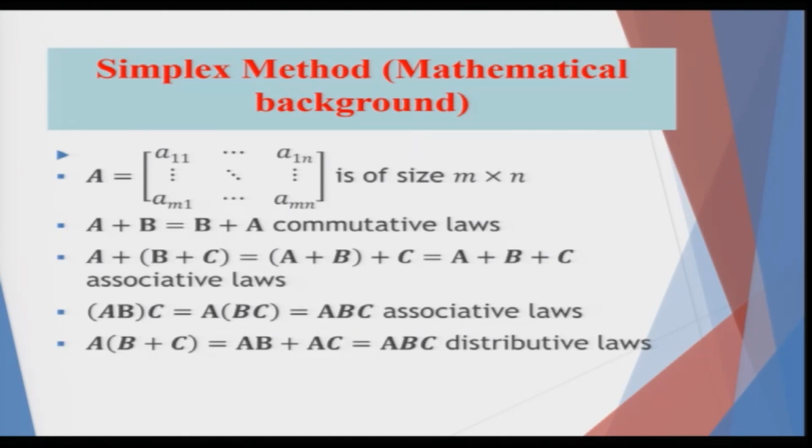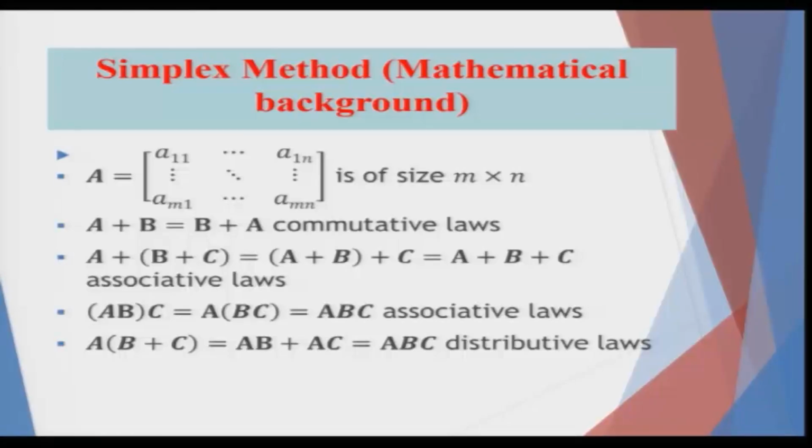So, let us come to the fourth bullet point. This is the associative law for multiplication. If you multiply A and B first and then multiply with C, it gives the same answer as multiplying B and C first and then multiplying with A. But remember the dimensions of the matrices must hold true. If you are multiplying A and B, and the size of A is m cross n, then B should definitely be n cross something, because the n's should match.